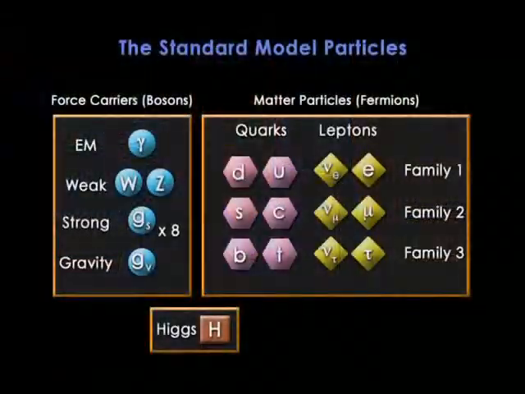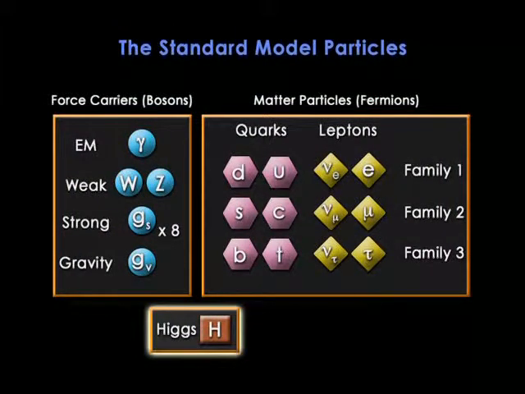Now, during this transition, another extremely important change occurred. If we go back to our diagram of the Standard Model, you'll remember this odd particle called the Higgs boson. Well, one of the consequences of the electroweak symmetry breaking was that this particle, or more accurately, the field associated with this particle, changed. And from then on, all the other particles interacted with this field and as a result gained the mass that we now measure them to have.